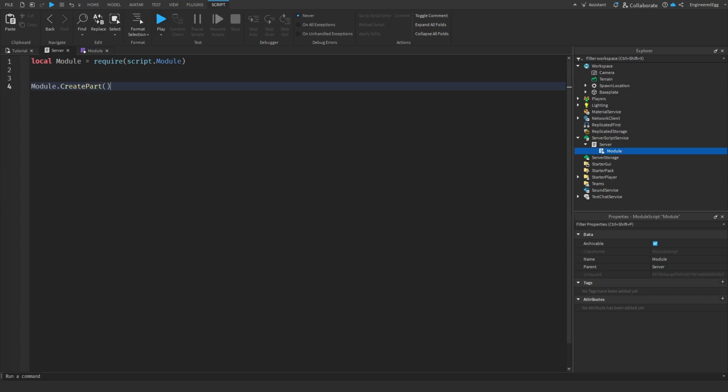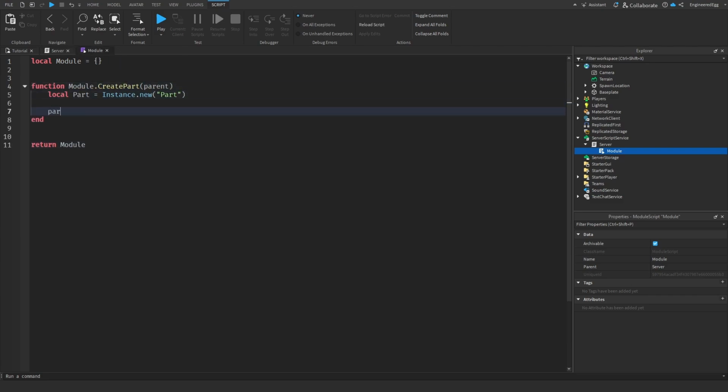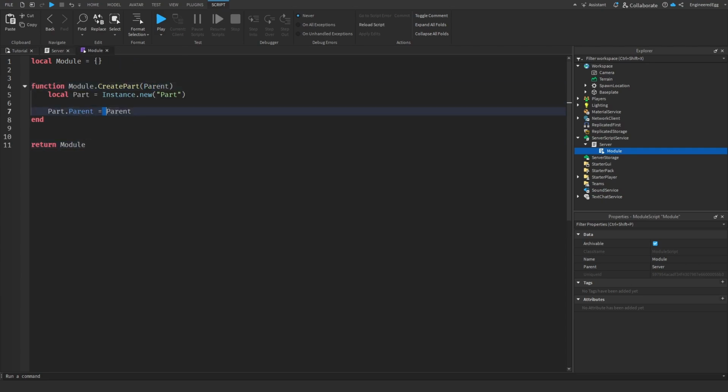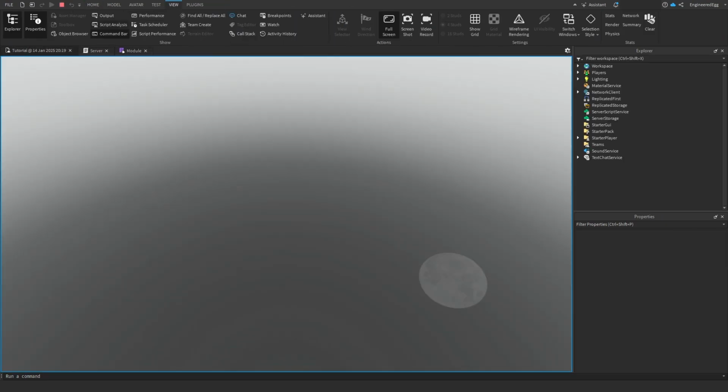Now if you want to send over information, which usually you will, we can put like the parent, for example, and then here we can say part.Parent is equal to your parent, something like this. And I'm just going to capitalize this. And if I go back to the server, now I'm going to have this as a parameter. If I don't put anything in here, but it still uses that, it's going to cause an error. If I go ahead and run,